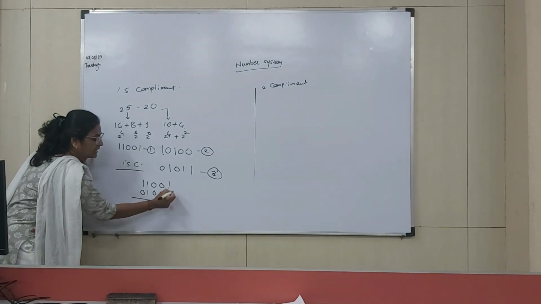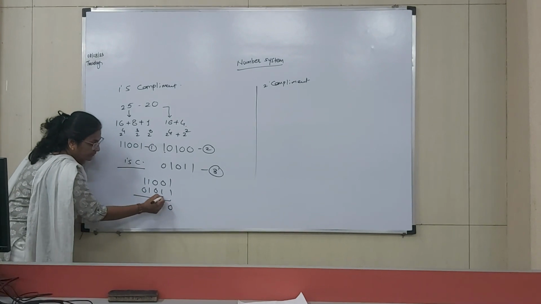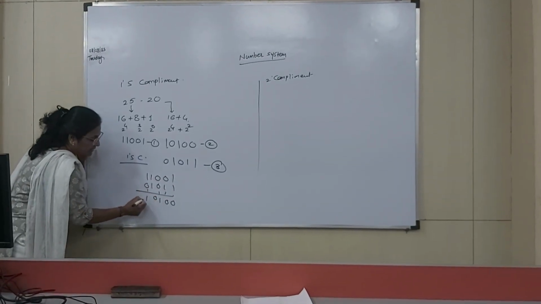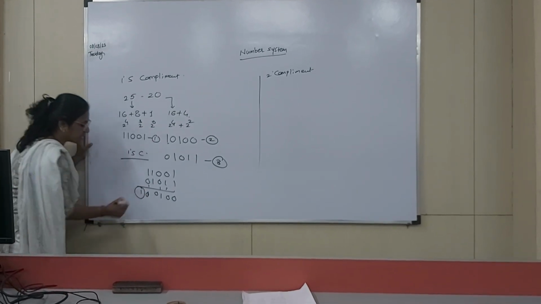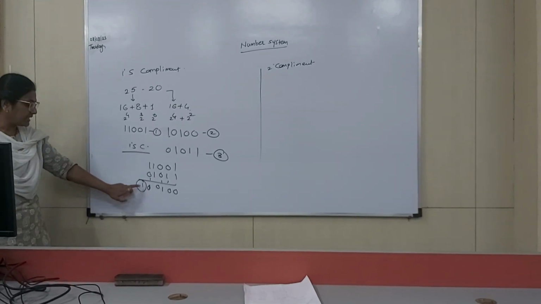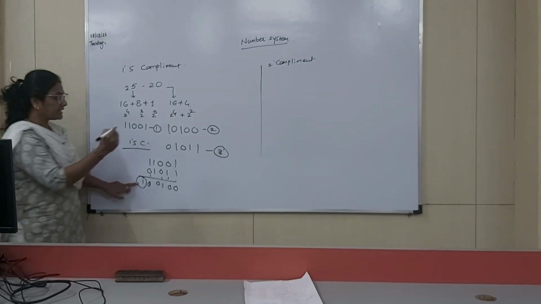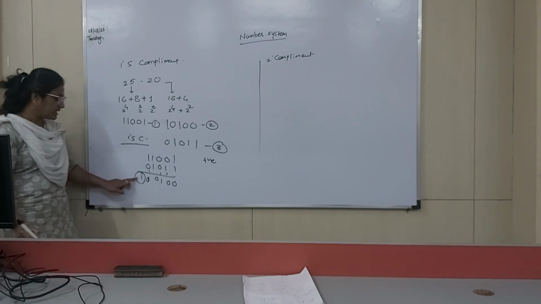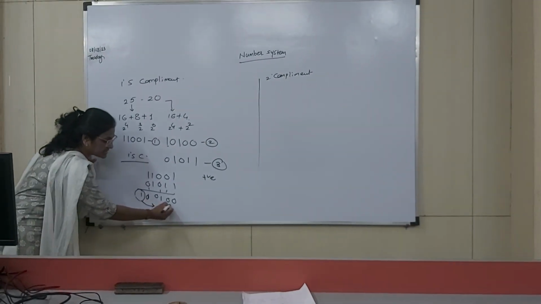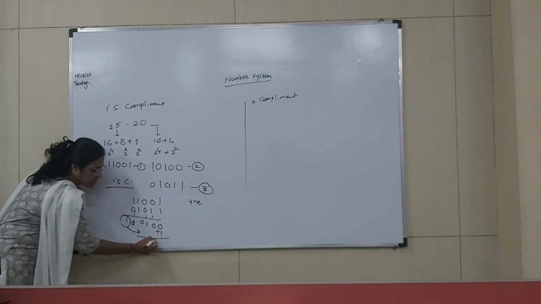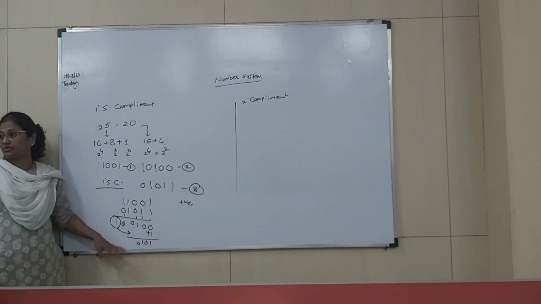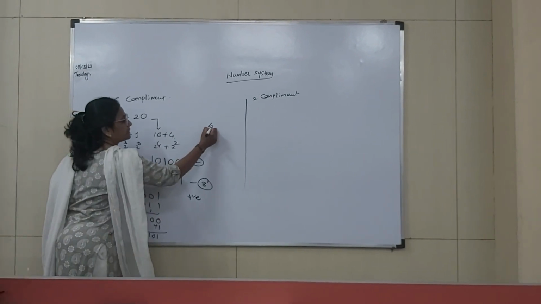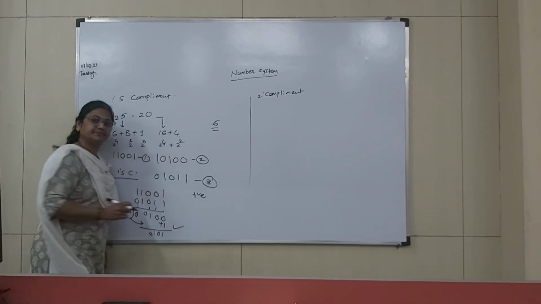1 plus 1 is 0, 1 plus 1 is 0, and so on. So now see here you are getting the carry. That means a carry is there. There is a rule: when there is a carry, the answer is positive, right? So this carry we have to add back in the ones complement method, adding 1. Okay, so your answer is 1 0 1. If you check this 1 0 1, this is nothing but the value 5. So your answer is correct. Thank you.